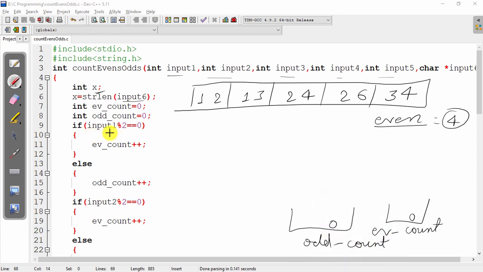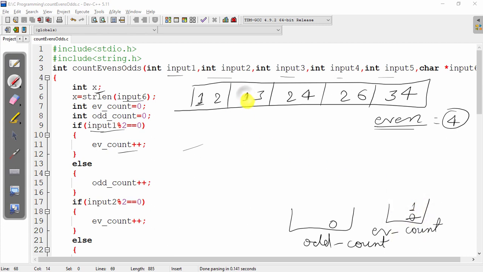After that, we have taken the condition for even numbers, means if our input 1 modulus 2 or any of these modulus 2 equal to 0, we will increment the even count. So here our option is even, so we will check the condition for even number. Input 1 is 12, so 12 modulus 2 equal to 0, so our condition is true, so we will increment the even count value, so 0 becomes 1.